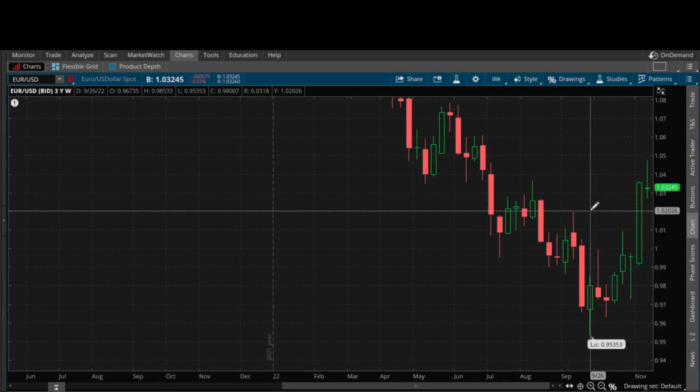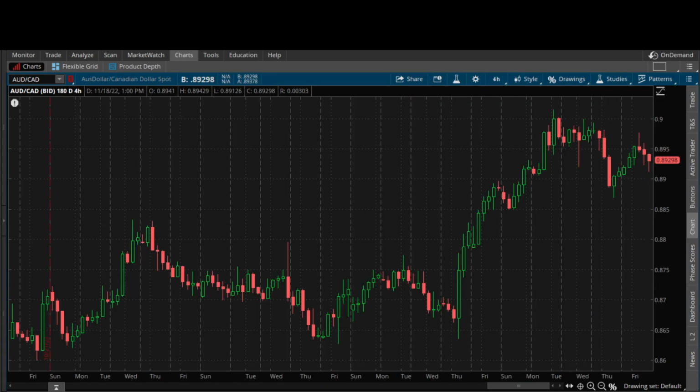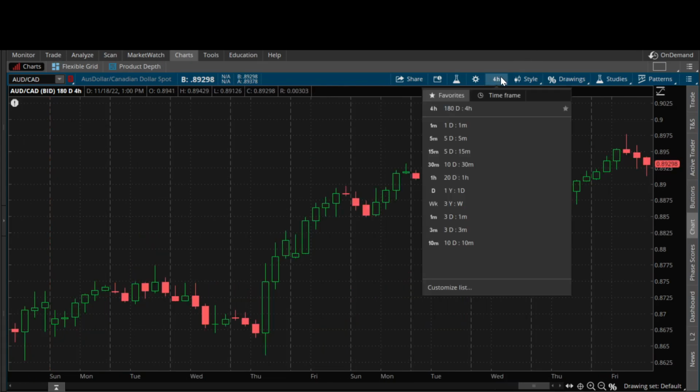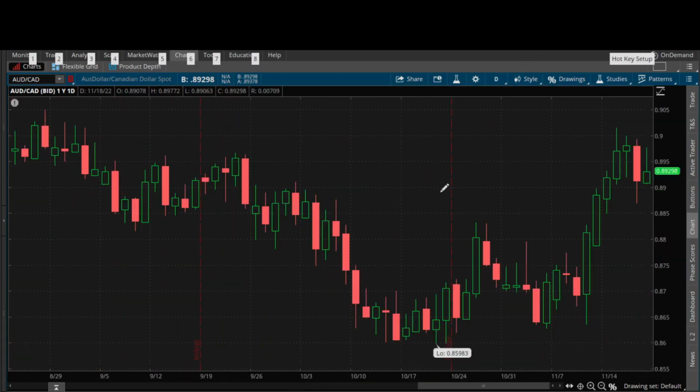You know what? Let's pull up one more example, one more chart here. All right, so I just put up something random, AUD/CAD. So like I said, price is fractal, and what you need to understand is premium and discount occurs on every time frame. So you could be in a premium market on one time frame, but a discount on another. So for example here, you can see the daily chart on AUD/CAD. See how this is in a premium?